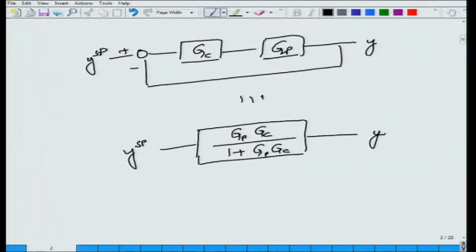Yeah, and this I will call the closed loop transfer function. All right. If I look at the closed loop transfer function,